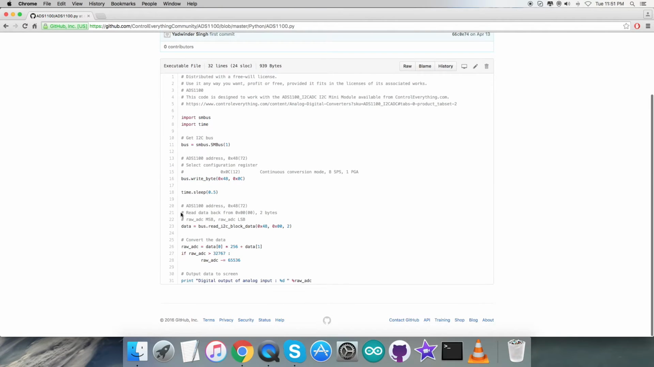Now coming to the reading part, we are going to read data back from 0x00 for 2 bytes, that is raw ADC MSB and LSB, and this is the command for the reading part. And here comes the conversion of the data, which is according to the guidelines provided in the data sheet for ADS1100. At the very end of our code, we have the output data to be printed onto the screen,